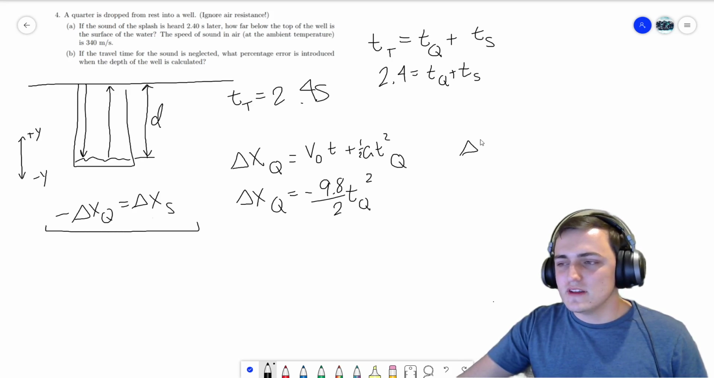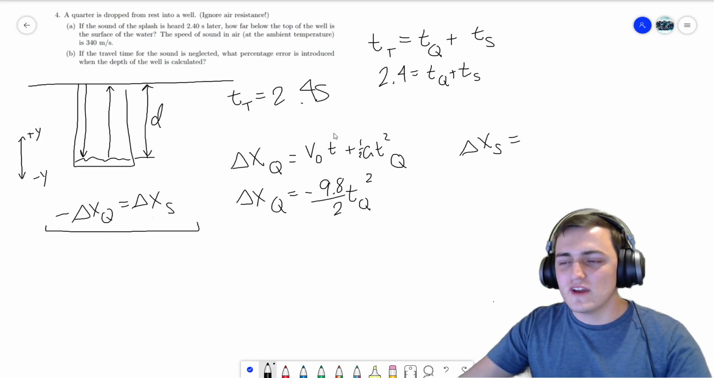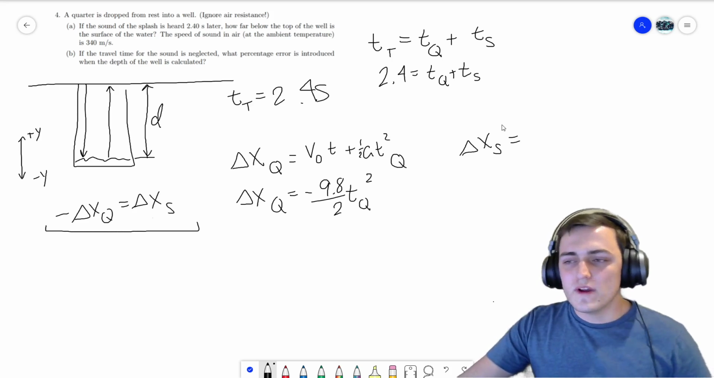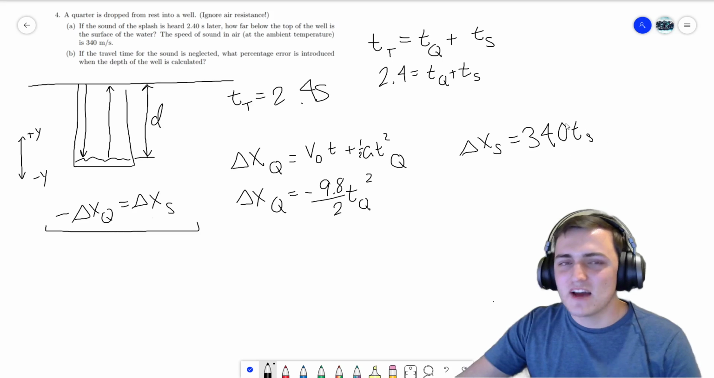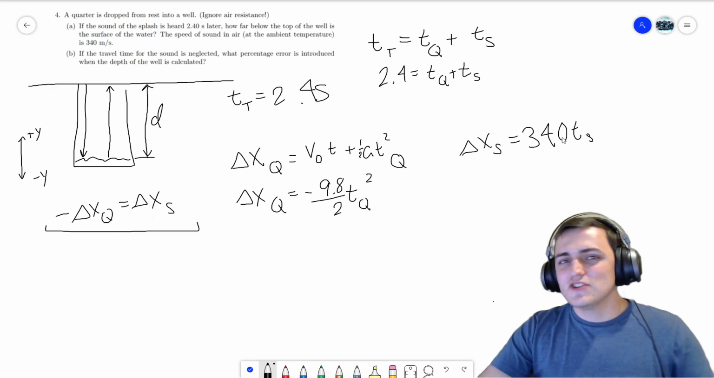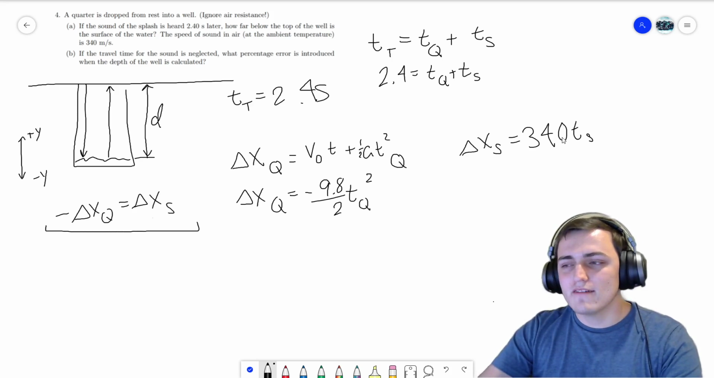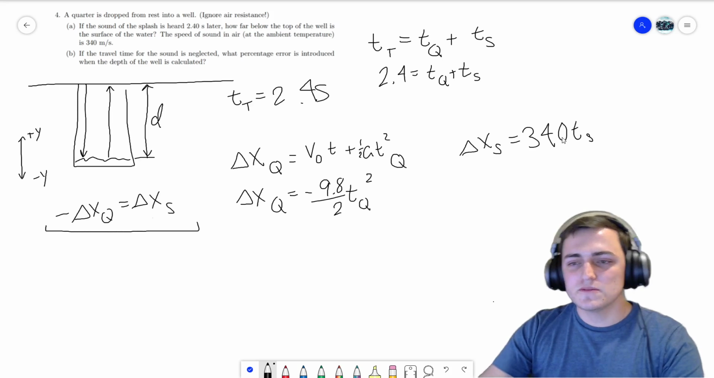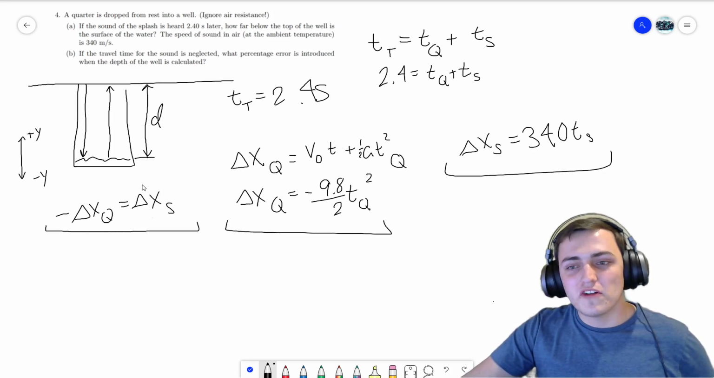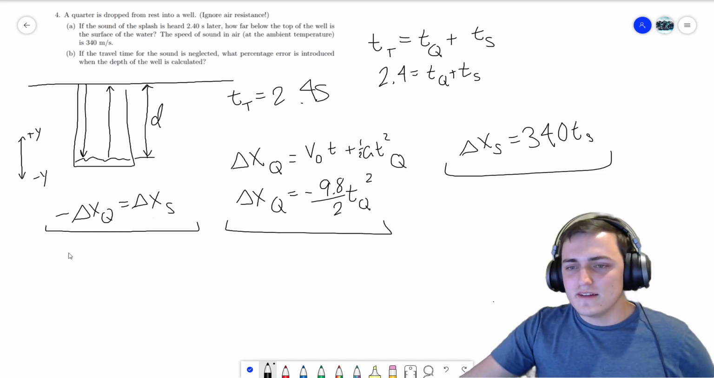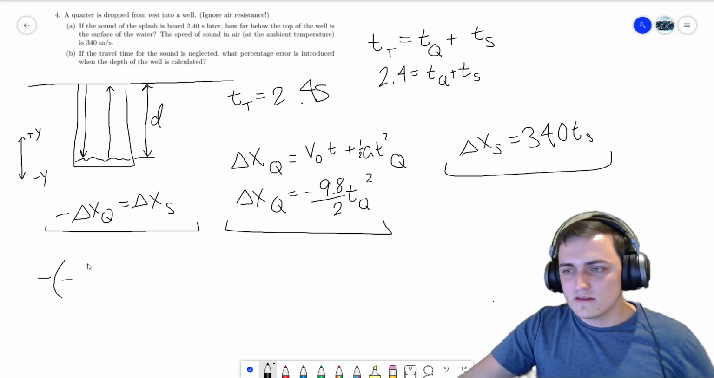Now we can find the position of the sound wave equation. We're going to use the same general form, v initial t plus 1/2 a t squared. We know that our v initial is 340 meters per second. And that is multiplied by time, and this is time for the sound wave, since we're working with the sound wave now. And the sound wave has no acceleration. It's a constant velocity. So that's all we have for the expression of the sound wave's position. And so we found these two, and we can go back and look at our original equality between the two changing positions. We saw that negative delta xq was equal to delta xs. So we can go ahead and plug everything we have in. So we have negative